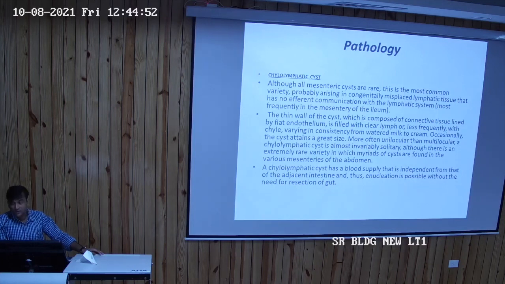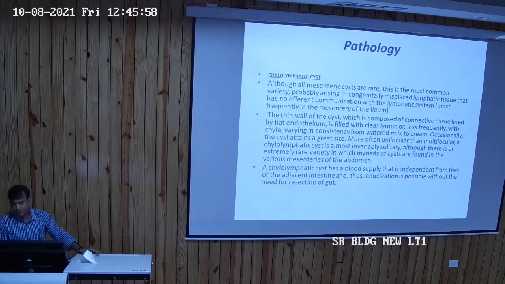Do you know the difference between unilocular and multilocular? Anyone knows what is unilocular, what is multilocular? Unilocular is a single cavity. It's like a balloon filled with water. That is unilocular. If you make partitions in the balloon, supposing, and liquid is filled in the separate portions, that is multilocular. In unilocular cysts, you can drain by a single incision. In multilocular, you have to either remove it completely, or enter into the cyst and remove all the loculi, then you will be able to achieve complete clearance.